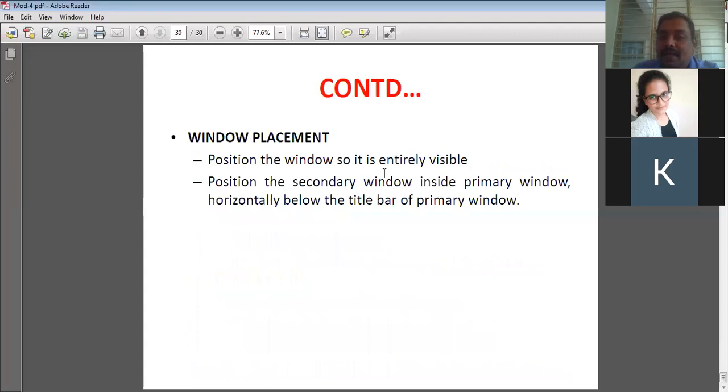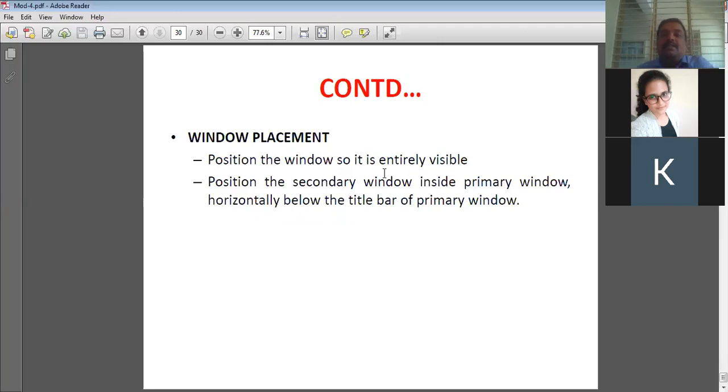Next, window placement. Where exactly can we place the window? Position the window so it is entirely visible. Position the secondary window inside the primary window, horizontally below the title bar of the primary window.